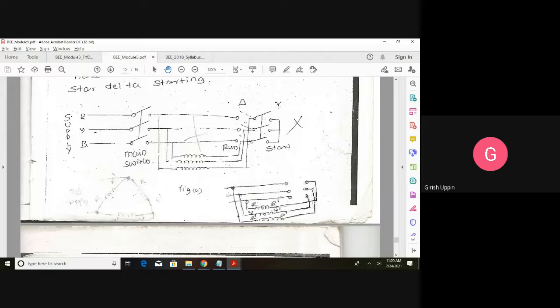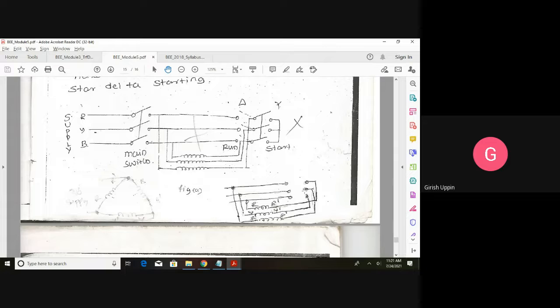So you can imagine here, this is R phase inner. You can take it as R phase, R dash. It is connected to the top terminal. So this 1, 2, 3 is representative of these two. This is connected to the top. Y dash is connected here, and B dash is connected to the middle.